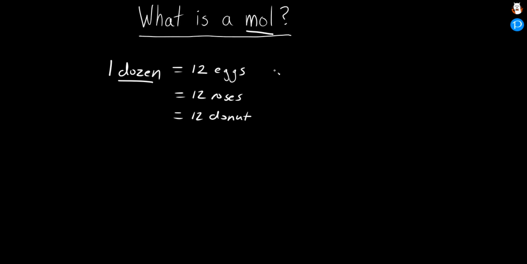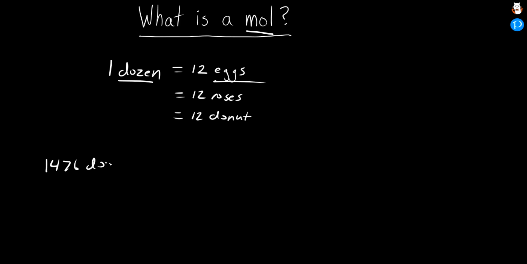So when we say we have a mole of something, we just mean that we have a specific amount, okay? And so we use that specific amount to calculate things like the mass of a substance or how many atoms or molecules that we have. Like again, for example, let's say that we were working with eggs, okay? And let's say we worked in an egg factory, and we had something like